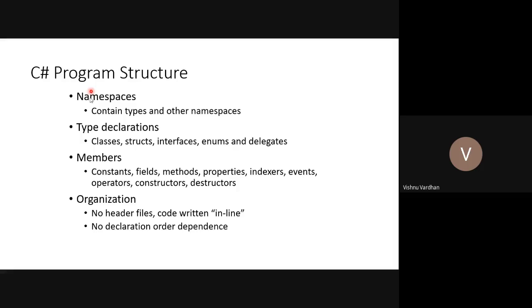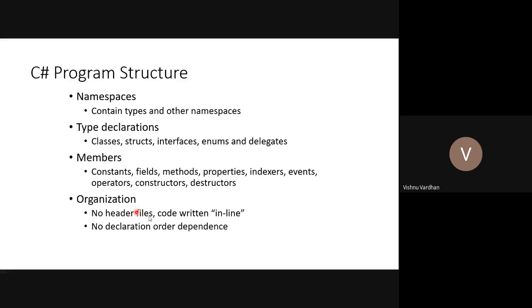Then members, that means the functionalities. The members contain constants, fields, methods, properties, indexers, events, operators, constructors, and destructors. All these are part and parcel of members. Members means everything that is used for the purpose of functionality. Whatever functionality you use it for, they are generally considered members.